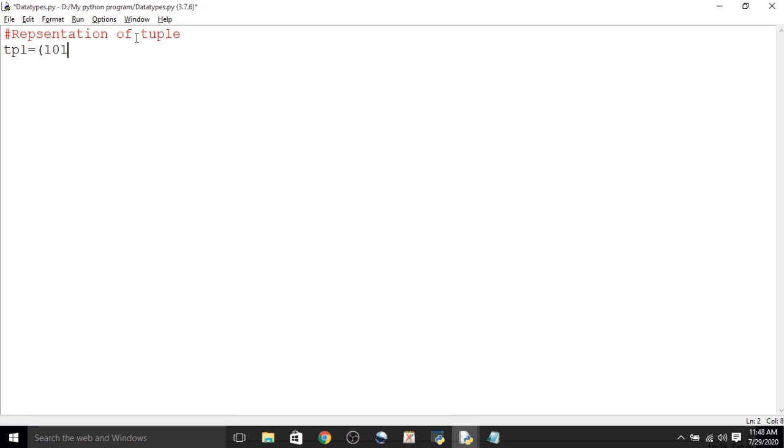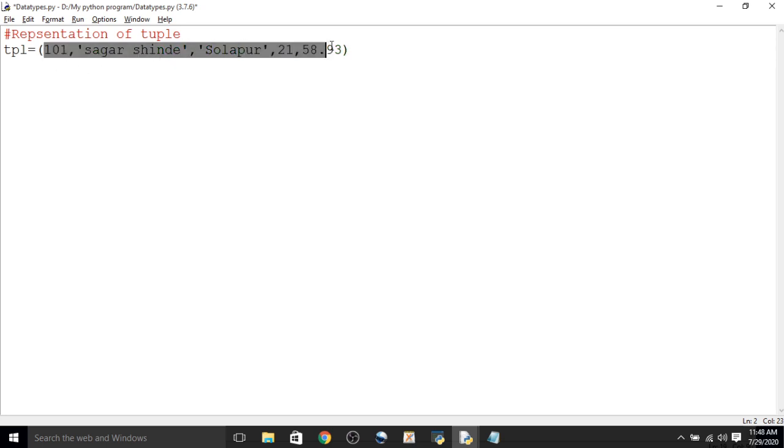Suppose the same list we have taken here: 101, Sagar Shinde, living in Solapur, having age 21, and the obtained marks are 58.93%. Close that tuple.